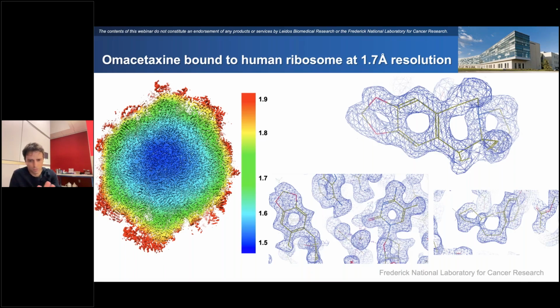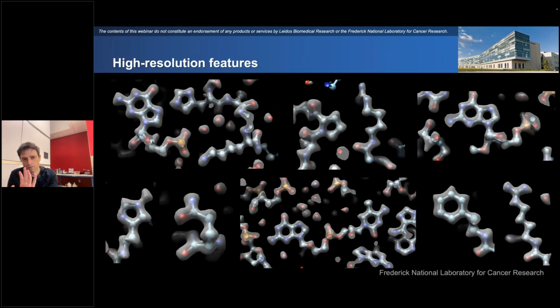So the ones shown here for the drug are towards the middle. I think they're not quite the core. So if I had to put a number on it, maybe they're about 1.7, around there. But for the core of the particle, where it's inching closer to 1.5, we really start to see some nice density. And that's shown here both for protein, RNA, post-translational modifications, post-transcription modifications, all that kind of thing. And again, here you start to see some of the